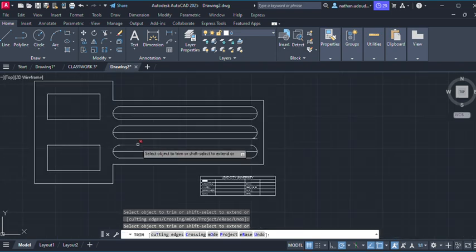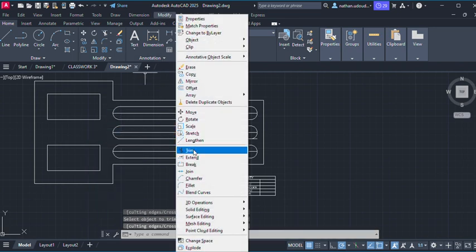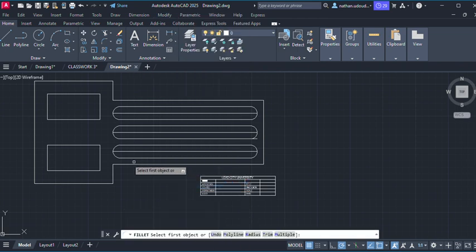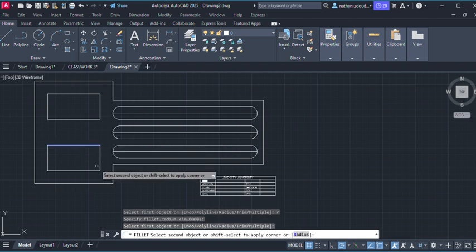Okay, so now what is left? We're expected to also fillet this. So enter, escape, you come to the modify toolbar, you click on fillet. So the fillet radius still remains 10. And 10 is already there, is it not? Okay, press R, enter. Since 10 is already there, you press enter again. So you fillet this,